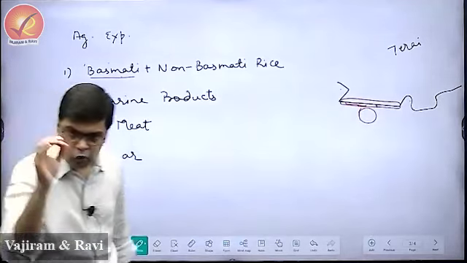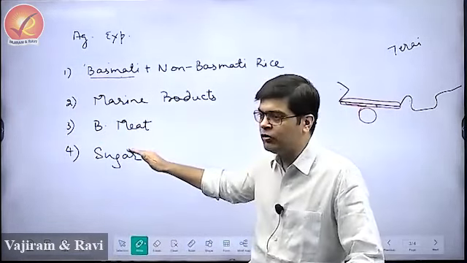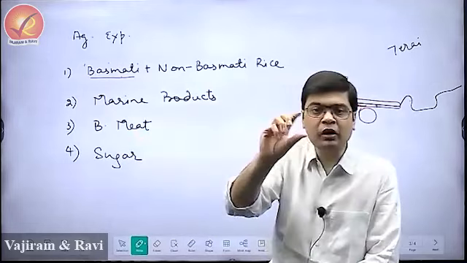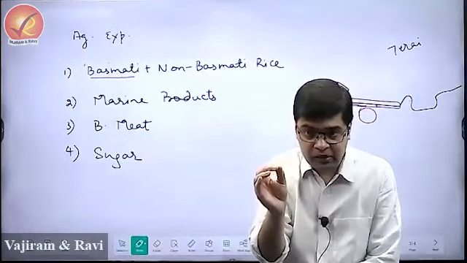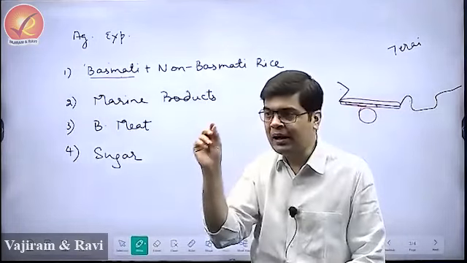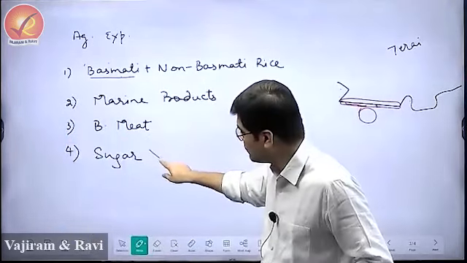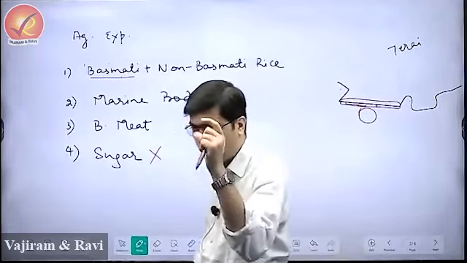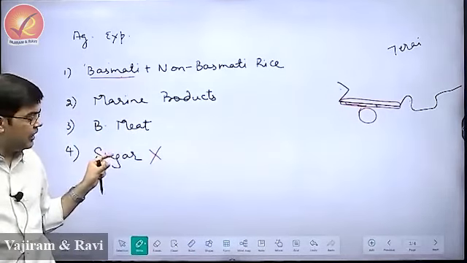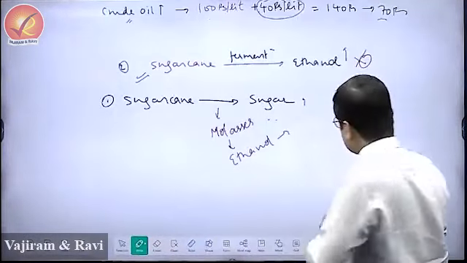So in 2022, the government said that we will impose a quota on the maximum amount of sugar that the mills can export. Mills were allowed to export not beyond a quota. And in October 2023, when the price of sugar started increasing, the government said sugar will not be allowed to be exported. That means in October 2023, the government banned the exports of sugar from the country. In 2022 a quota was imposed, that is, restrictions were placed, and in October 2023 the government completely banned the exports of sugar from India.